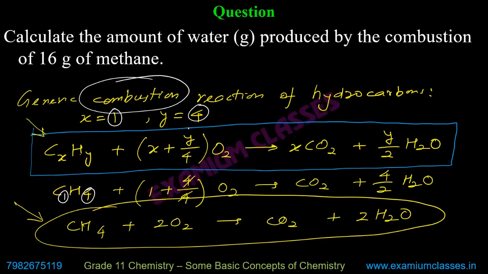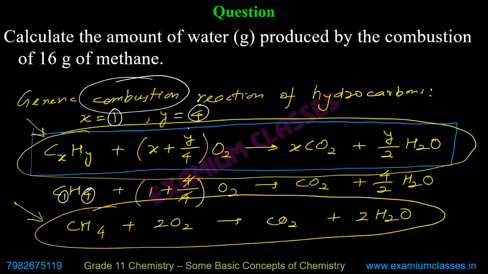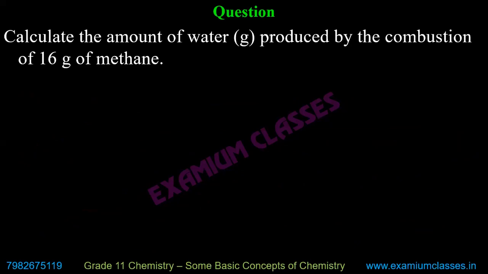Okay, sir. So, for example, if this question appears and you don't know the reaction, you can use this generic form to get the reaction. And then you can solve as I am going. You will write the reaction: CH4 plus 2O2 will give you CO2 plus 2H2O. Now, first you will write as per the balanced reaction how much quantity of water will be produced